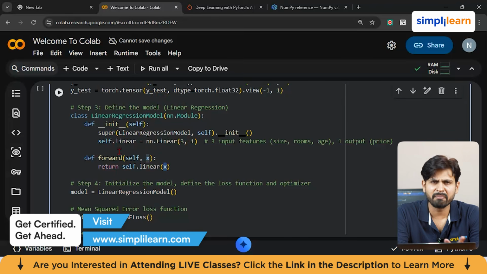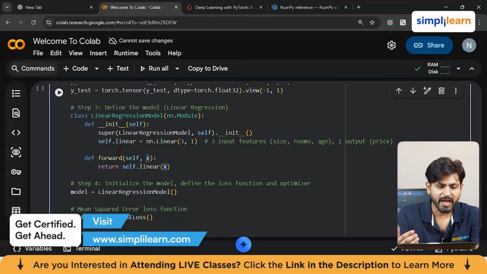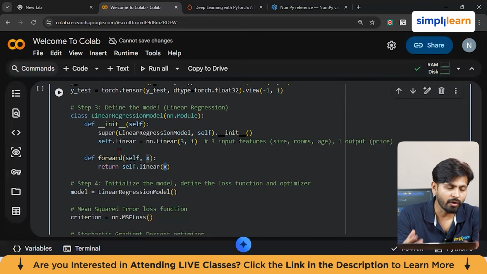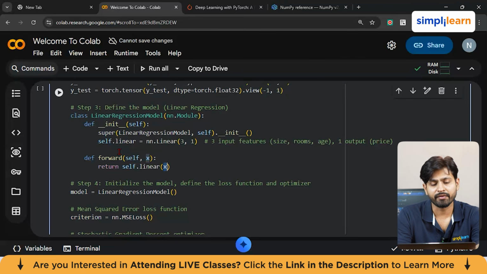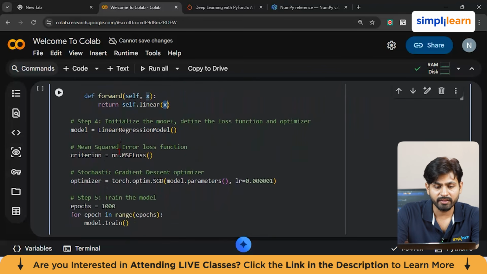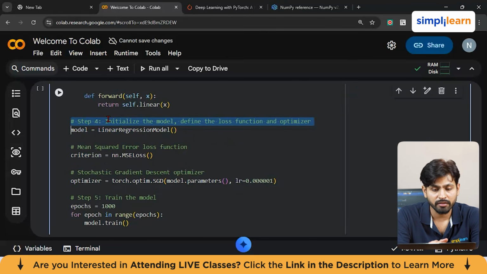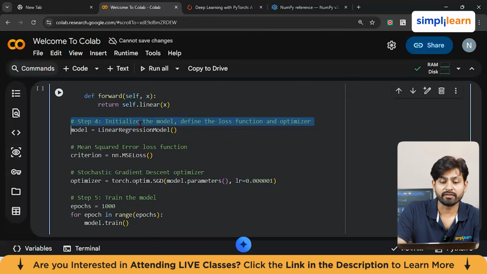And this is a very set template, guys. Once you use it, you have to use something like this always if you're trying to implement a linear regression algorithm. Now, if you go to the next step, what you are trying to do is initialize the model, define the loss function and the optimizer. So these are the respective